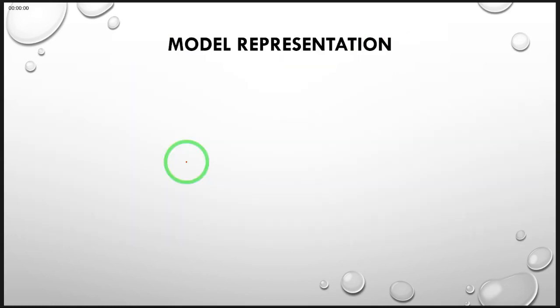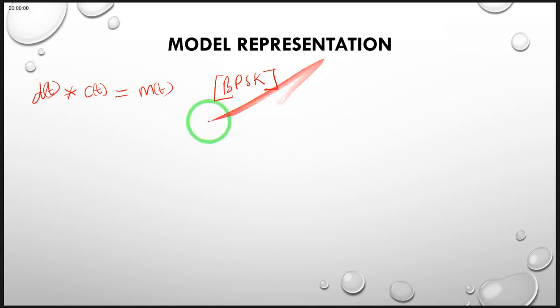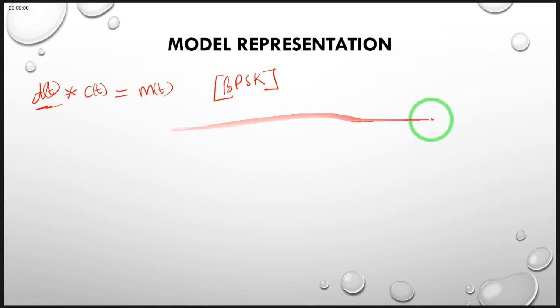So we'll do that very briefly. We have seen that our message signal is d(t), and d(t) is multiplied with our PN sequence that we have symbolized as c(t), and this now becomes our m(t). So for the time being, if we ignore the bit where we are doing the BPSK modulation and only deal with the DSSS modulation, we want to see how we are able to recover our d(t) at the end